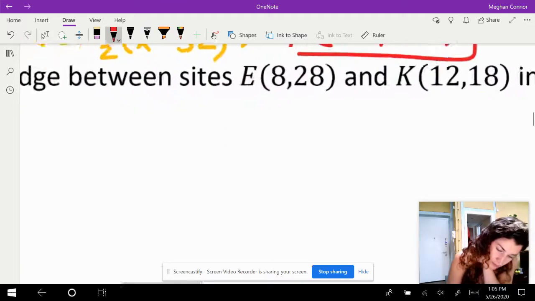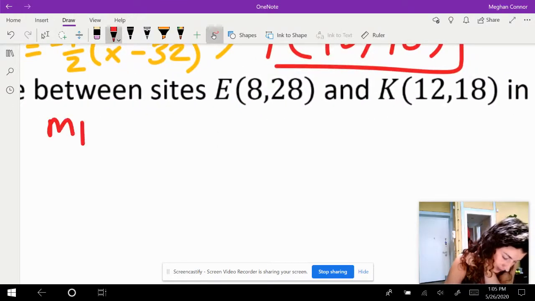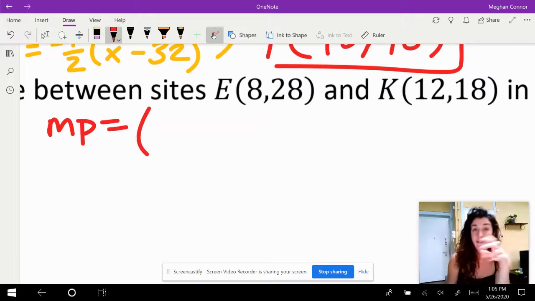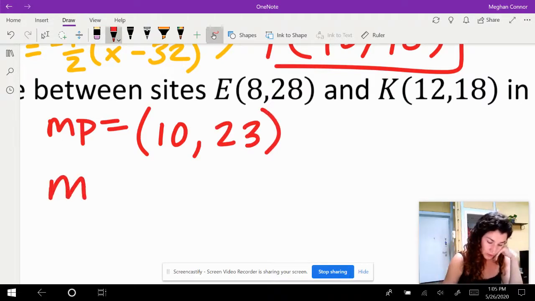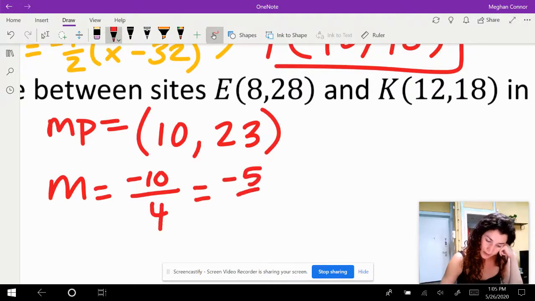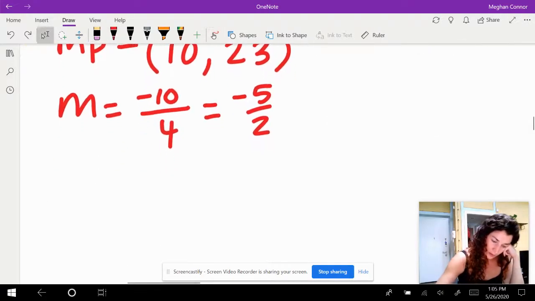So the midpoint, remember, is the average between your x and y values. So 10 and 23. And then your original slope is going to be negative 10 over 4, which is negative 5 halves, which means that your perpendicular slope is going to be positive